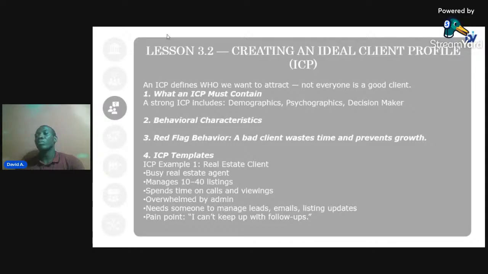So definitely they need help. Let me just cram up another ICP. So a coach or a consultant who wants to scale. Remember, psychography: wants to scale, and then they need content support, and they also need community management. People will be asking questions about the course or about the coaching program, and they need to maintain brand consistency, because again,